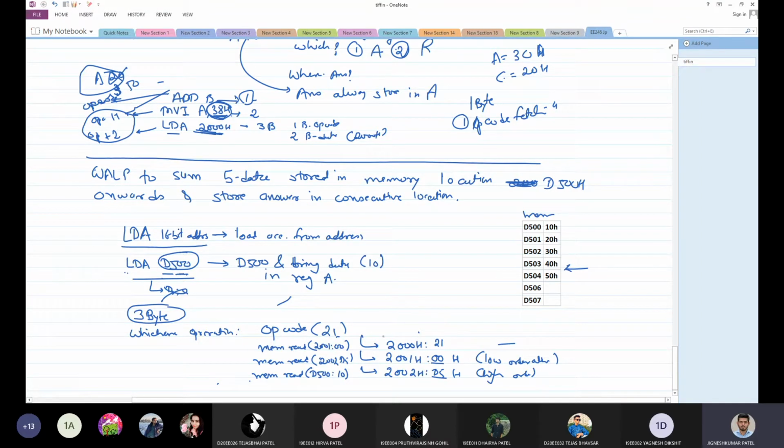Now do not think this memory and this memory are different. It's not like that. What is different here is just the address. This is the range where I have written my program. 2000 is the range where I have written my program, and D500 is the range where I have written my data. That's the only difference. Otherwise, this would be on the same memory chip. It is possible that it might not be in the same memory, but if I have 64 kilobytes of memory, all these ranges would be on a single memory chip. But as of now, let us just consider this address and this data.